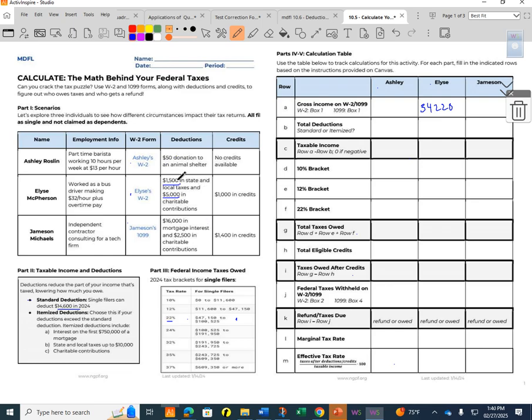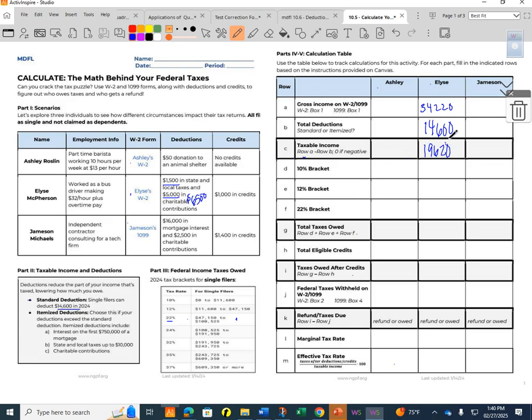Well, I'm not a math whiz, but I can see this totals to $6,500, right? That would be her total deduction. But the standard deduction is $14,000, so it's better for her to use the standard deduction. So we're going to take off from her taxable income that standard deduction. And then you're going to do what it says here, row A minus row B. If it's a negative number, you put 0 there, right? So you're following those directions from there. So that amount is